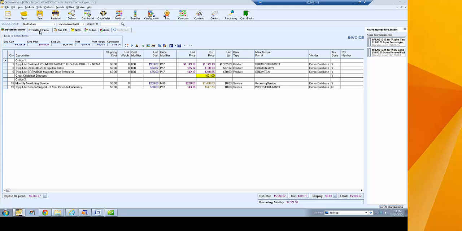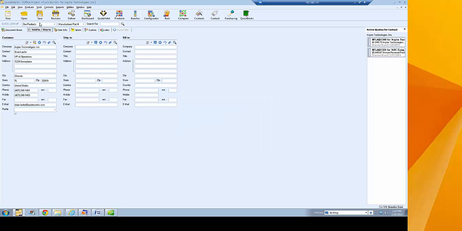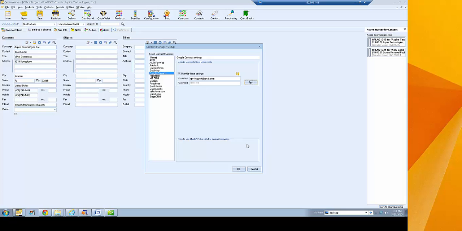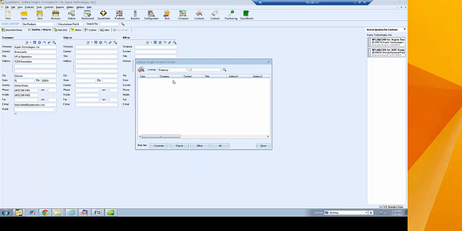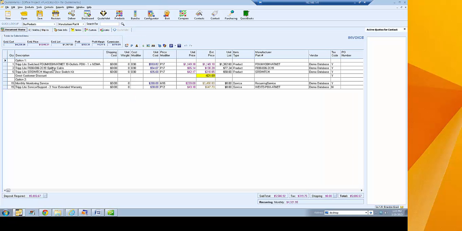And then once you've added that, you can simply add your contacts from your Google record. So I'll select it. I can look up, so I can pull a contact from my Google, just that easy. That's the only integration we have with the contacts right now, but at least you do have the access to pull them into QuoteWerks. And like I said, if you do get that error message, just let support know,